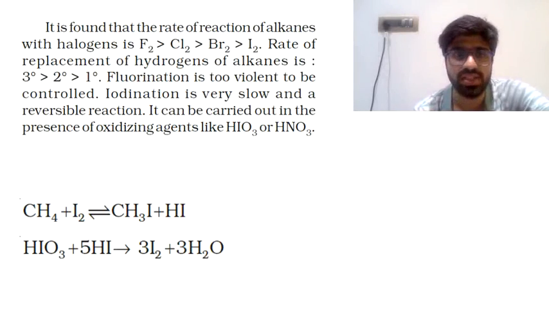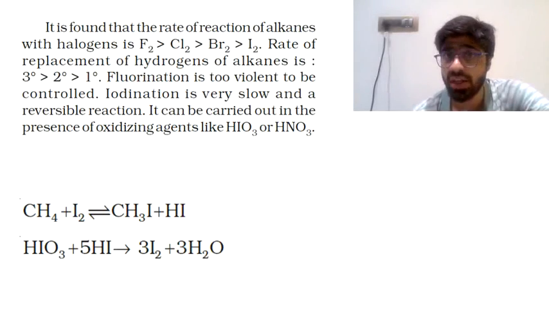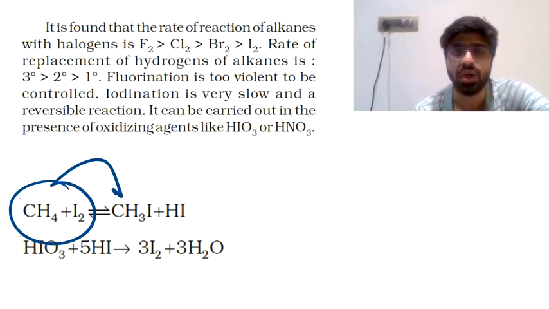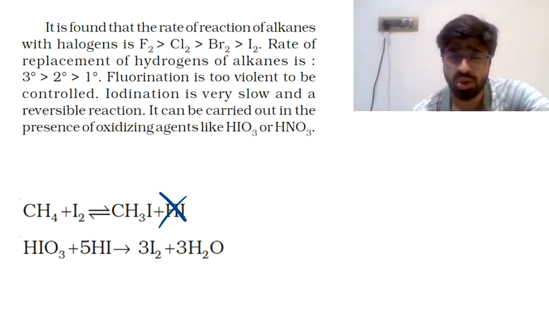But what if, the moment CH3I and HI are getting formed, we eliminate HI? If we eliminate HI, then there is no HI left over to react in the backward manner, and that is how we can stop the backward reaction and get a major CH3I from the reaction of these two compounds. So if you want CH3I, you need to eliminate HI the moment it is getting formed in the reaction, so that the backward reaction does not take place. To remove HI,